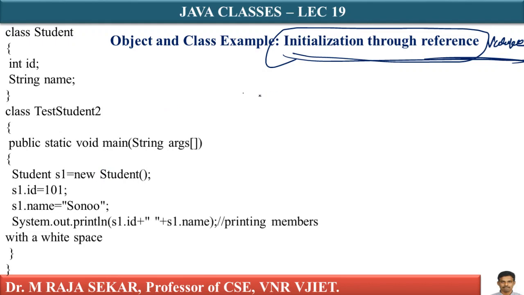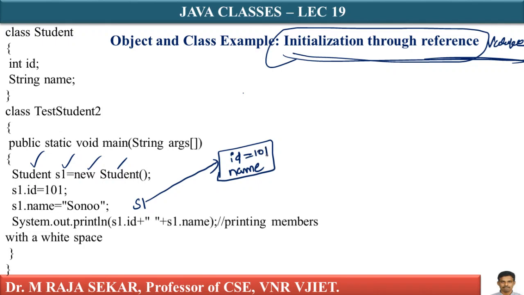Now just see here what's happening. We have created an object. How can I create it? Class name, space, object name, new class name. What is this object? Class Student, in which I have the instance variables: id is one instance variable and name is another. This is the reference variable. What is my reference variable? S1. Through this variable only I can refer to this object. Just see, s1.id equal to 101.